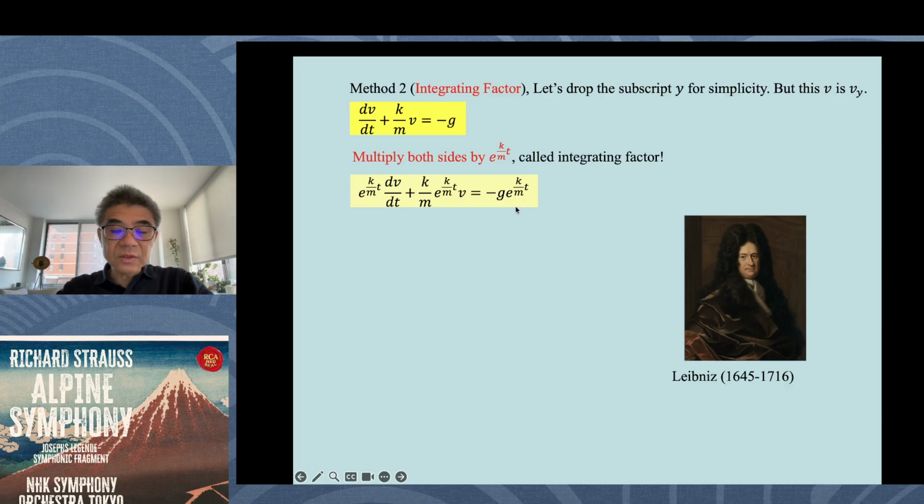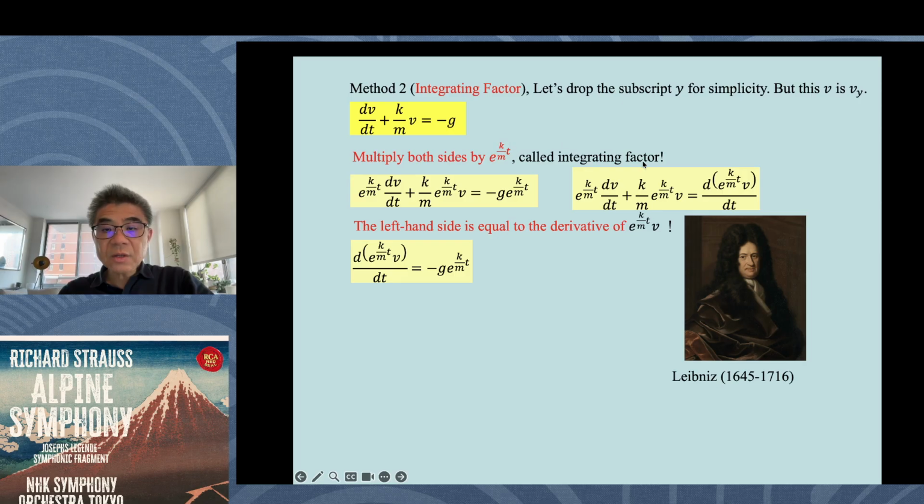Why we did this is that after multiplying the equation by this integrating factor, the left-hand side is actually the derivative of a function. It's easy to see. The function is exponential k over m times t, that is the integrating factor, times v. You can check